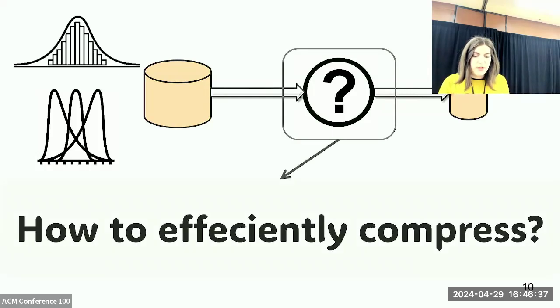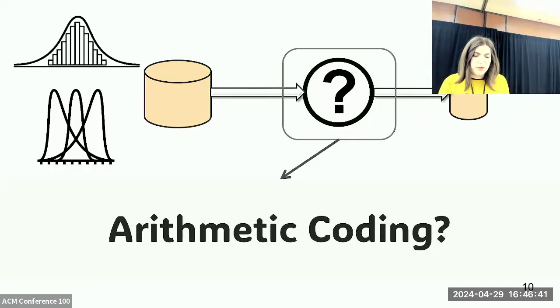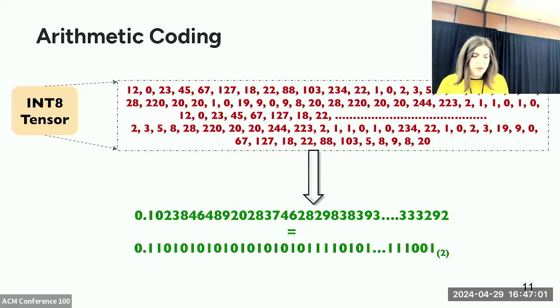Historically, we have seen a lot of various compression algorithms, like arithmetic coding, which has been a very efficient data compression approach since the 1980s. It is known to be very efficient across a wide range of data values in case we know the distribution of the data values in advance. So I will quickly revisit some basic stuff on arithmetic coding.